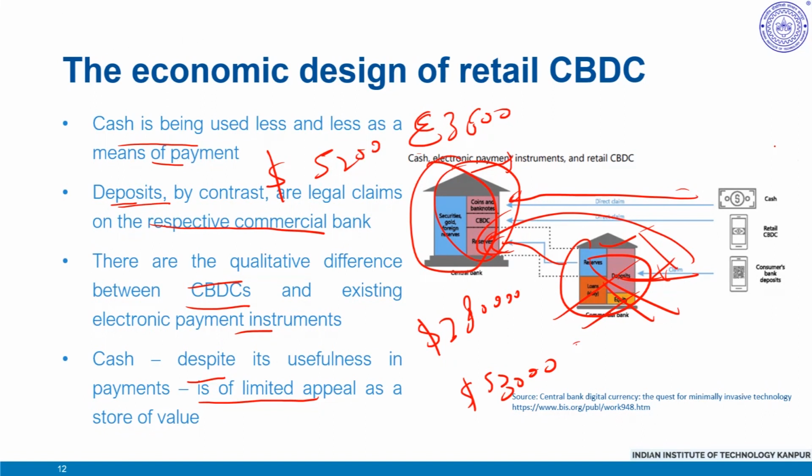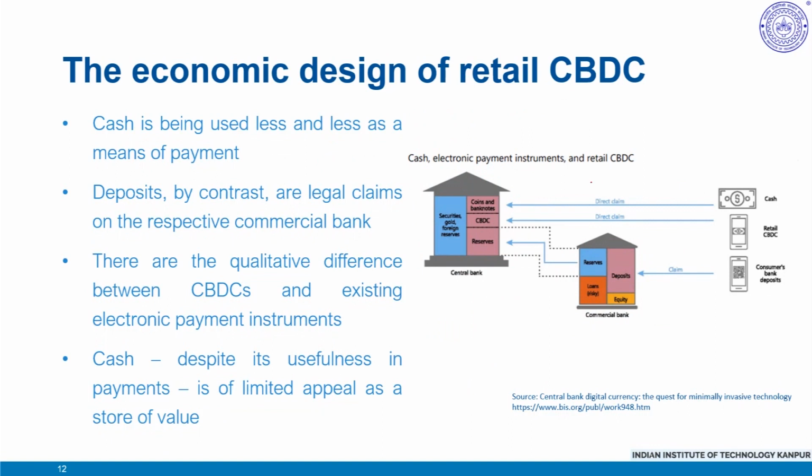To summarize, we noted that the economic design of a retail CBDC is a very important trade-off between two aspects. First and foremost, it should have the property of cash, that is, trust in the central bank and its ability to return the money should things go wrong. I have that faith that my money will be returned, that it will be redeemed, and the central bank will honor the commitment. At the same time, the 100% deposit should not go to the central bank, because then